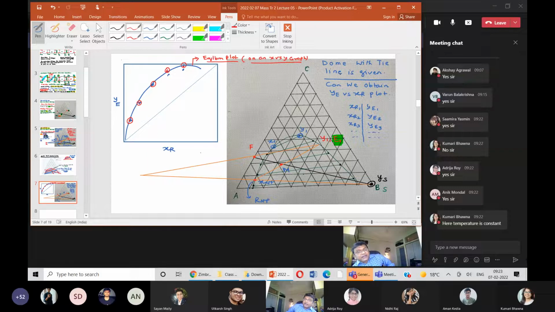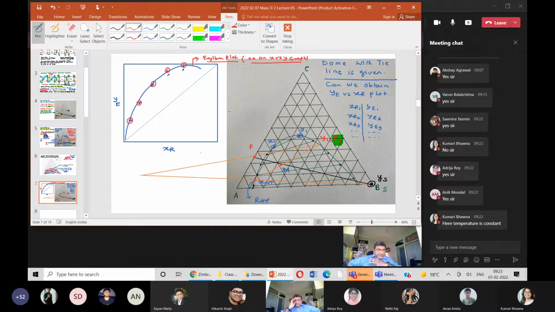The X and Y here are both liquids. In contrast, in distillation, we had one as vapor phase, one as liquid phase. There, when you were drawing an XY plot for distillation, you were essentially losing that each point was at a different temperature. Similarly, what you are missing out here is the A and B composition of each point. That you are missing out, right?